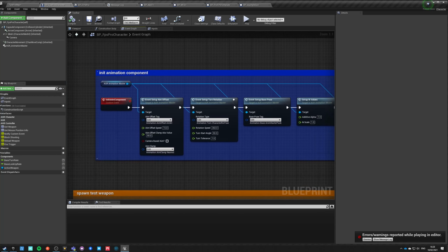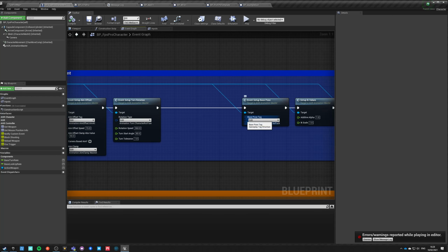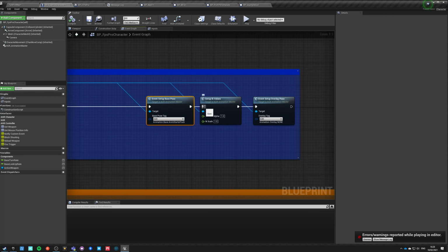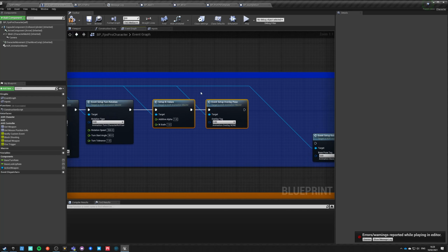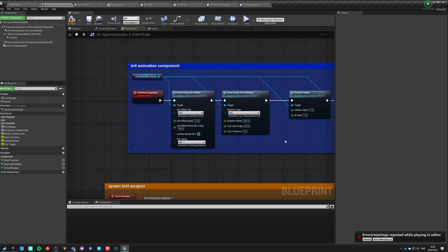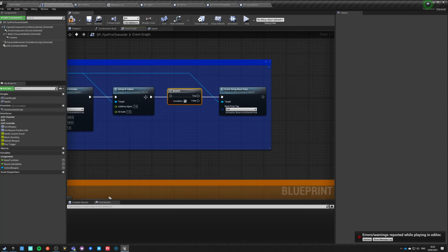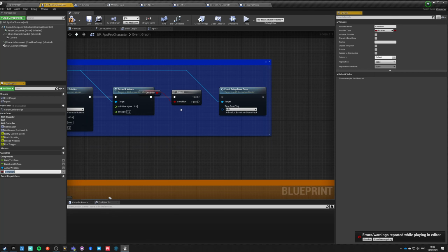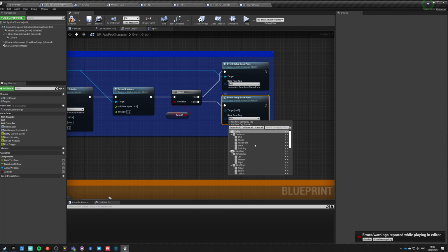Init, okay, so let's do it like this. Base pose. Base pose, this is all fine. We are not setting this at all then. This is all being set up properly. Okay, so here we're going to say armed. So if we are armed, we want to set this base pose, and if we are not armed, we want to set a different pose.